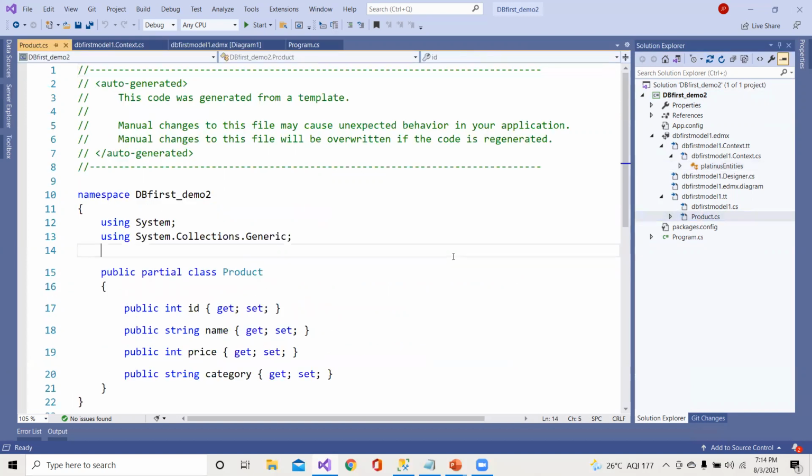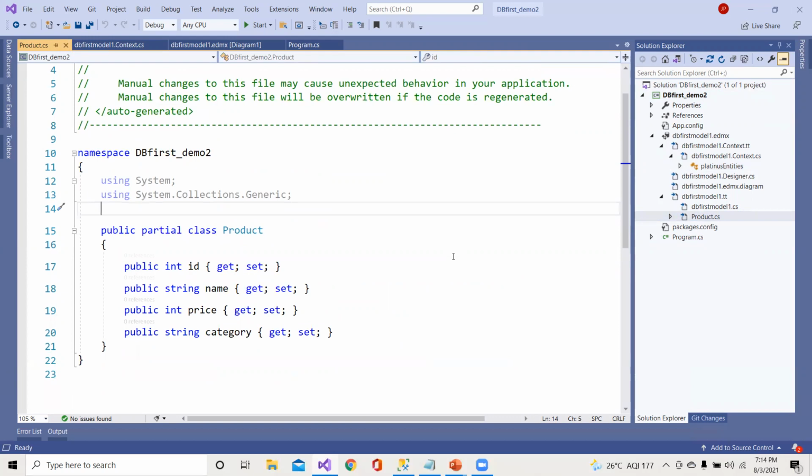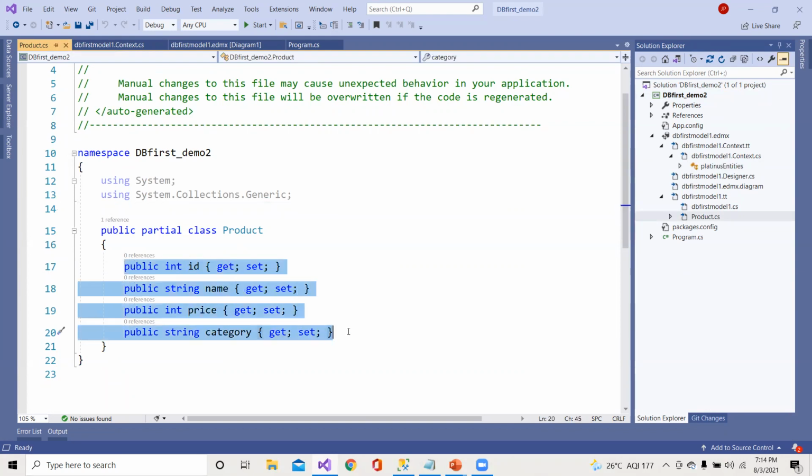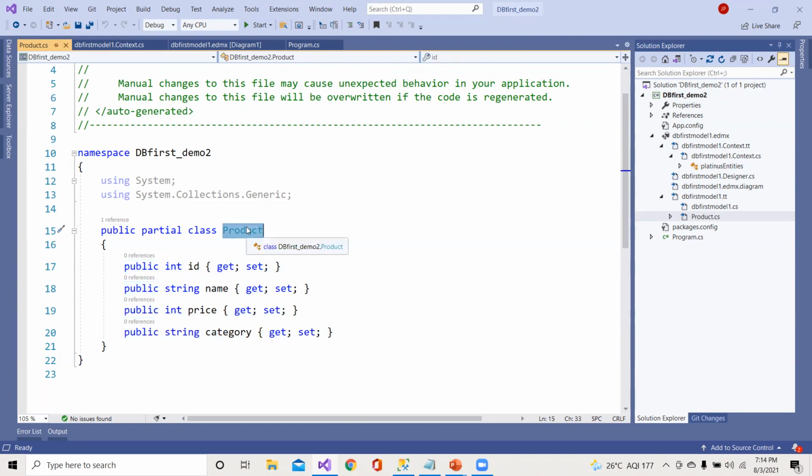If you go and observe Product.cs, it has generated all the read and write properties, that is, automatic properties with respect to the Product class. The same table got converted to the Product class, and you are getting ID, name, price, and category as the properties. These are actually the columns.